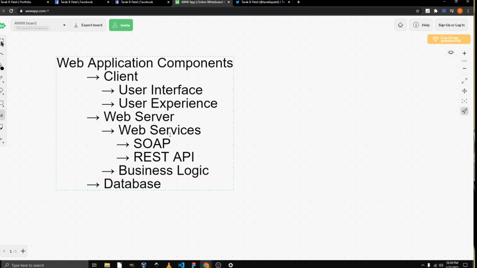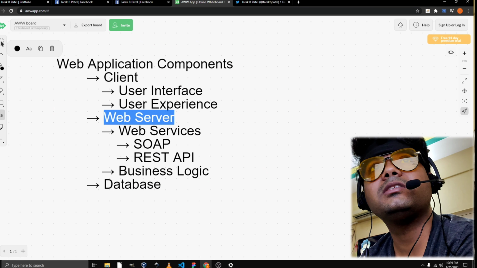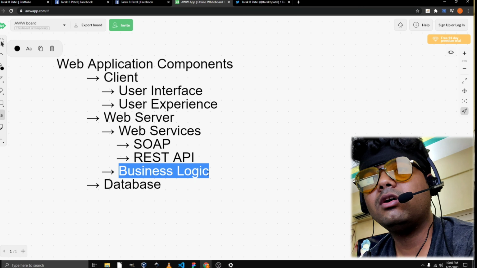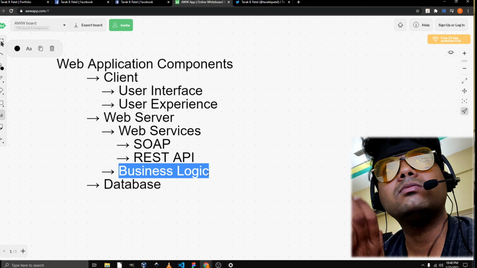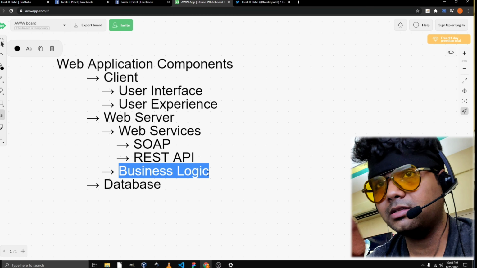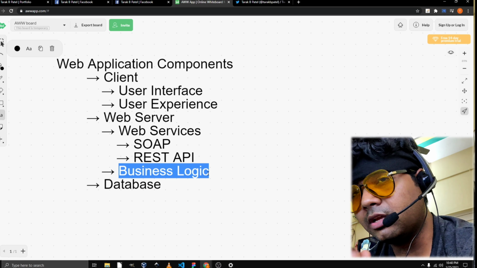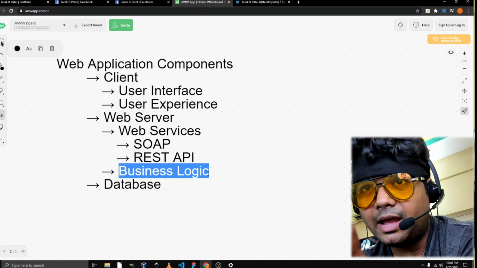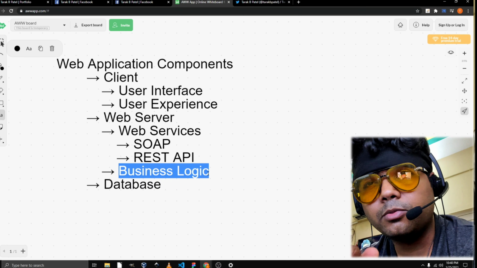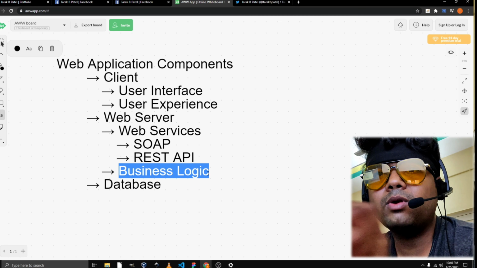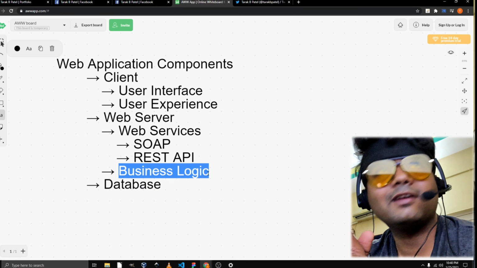Apart from the web server, what else happens is all the business logic and the calculations happen on the server side. It can happen on the client side also. So business logic can be broken down into two parts: server-side business logic and client-side business logic. Client-side business logic normally happens with JavaScript, where you calculate the position of elements and you can change the data on your web page and so on.